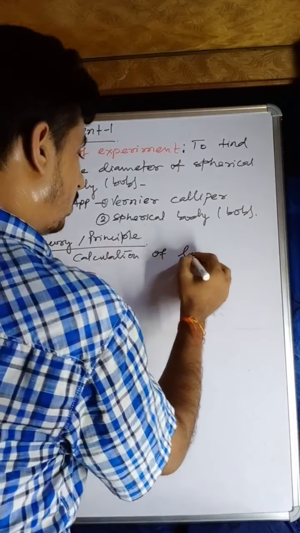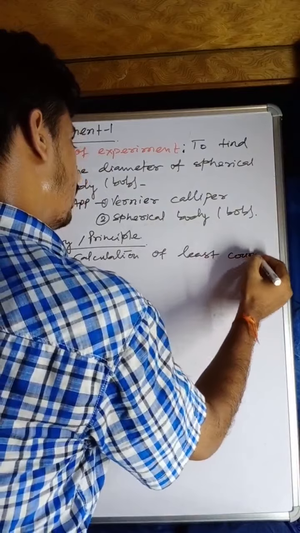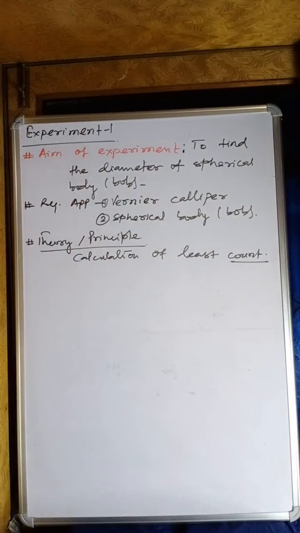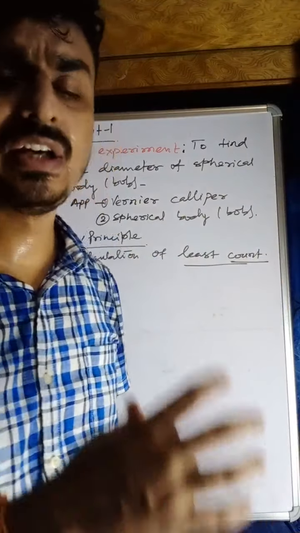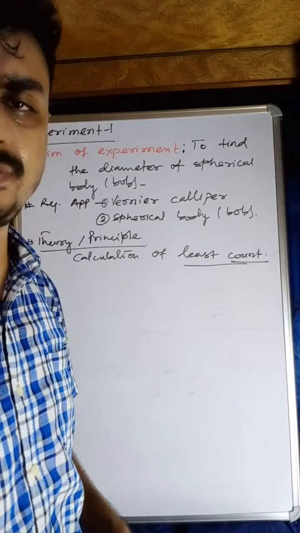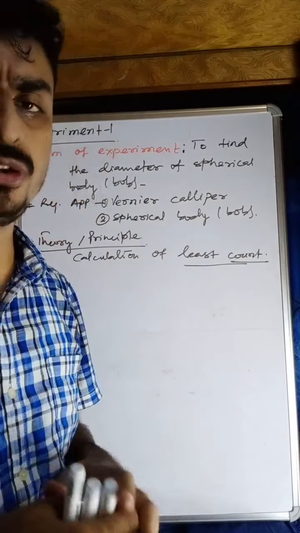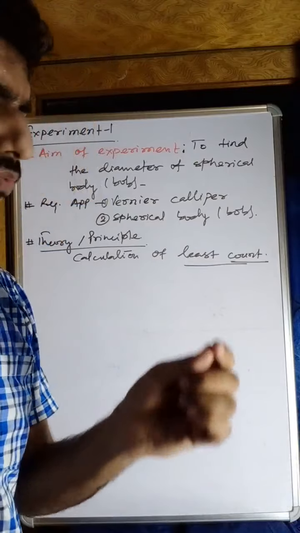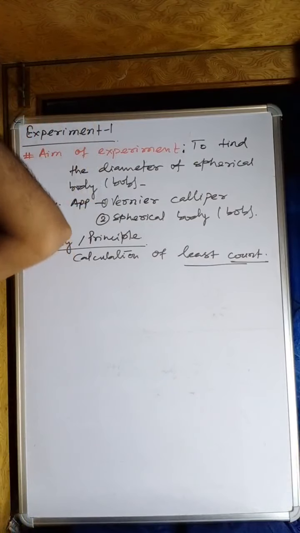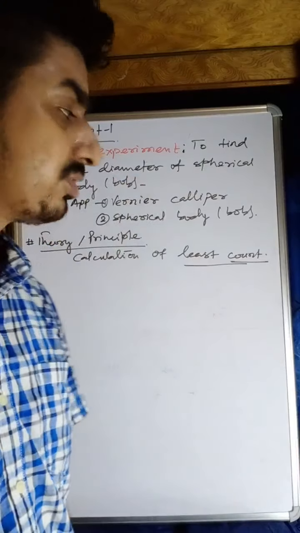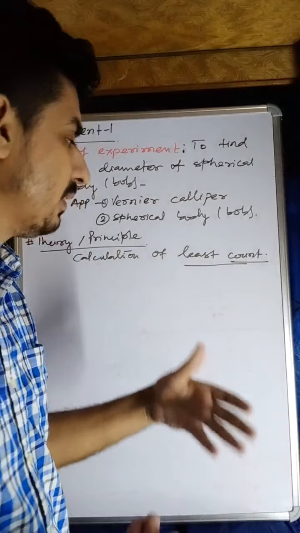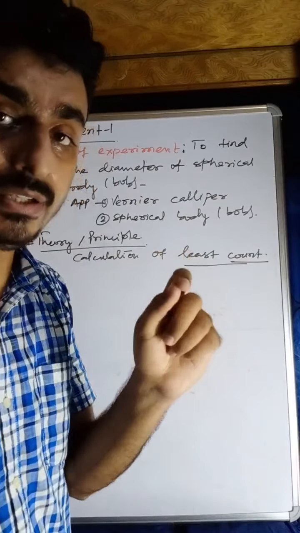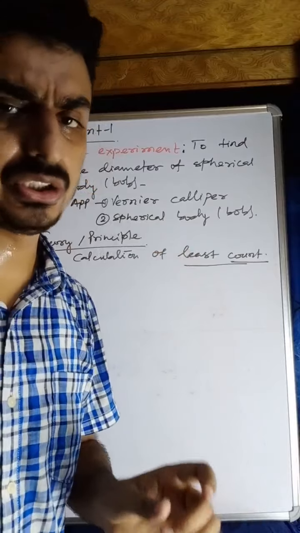Calculation of least count. Actually, my dear students, we have two scales. What is the least count? The least count is the minimum measurement of any instrument that can be done by that instrument. This is very simple. If I have a wristwatch, suppose that wristwatch can measure a minimum of 1 second. So 1 second will be the least count of that wristwatch. Okay, my dear students, this is the meaning of least count. We need to understand the minimum value that the apparatus can count. This is the least count.